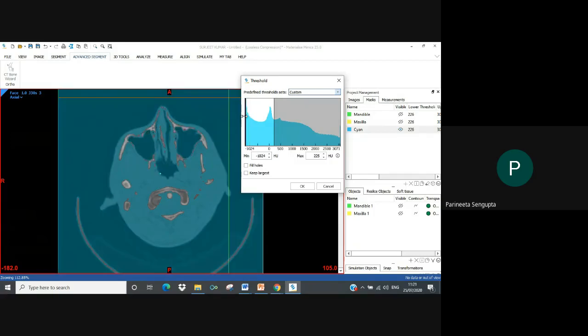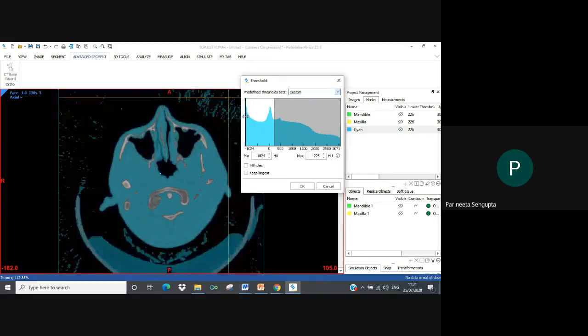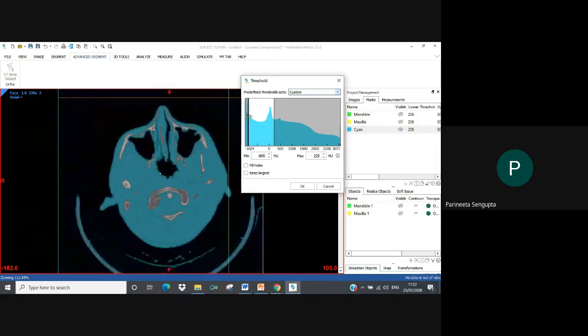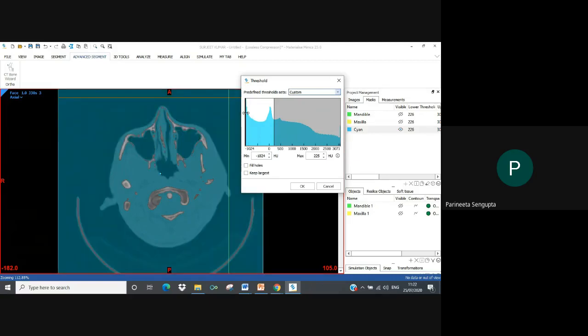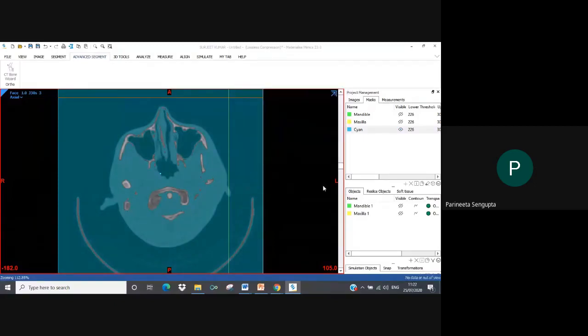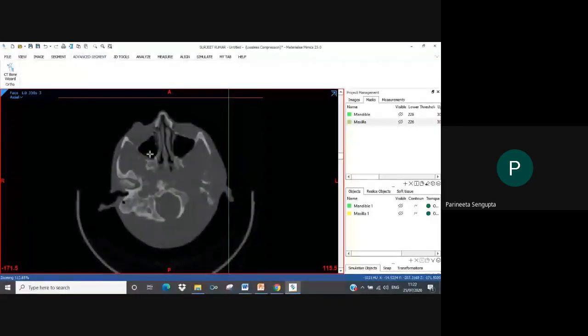But when I'm decreasing it, what I see is it's taking a lot of irregular pixels and a lot of unwanted values. So definitely this is not the ideal way of doing this. It will just cause you a lot of back and forth and a lot of manual segmentation. So you can't use this. The other way is to manually draw the entire thing. Again, a tedious job.